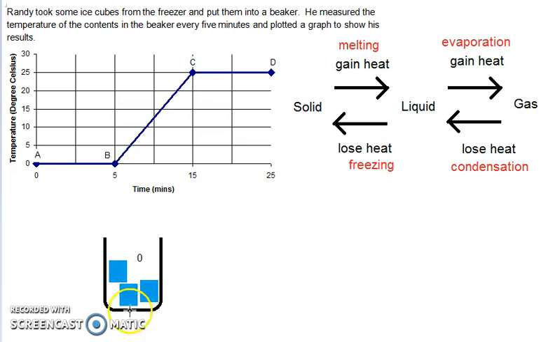Now inside there, the ice is 0 degrees, and outside the temperature is 25 degrees. So therefore there will be heat gain of the ice from the surrounding temperature. So when the ice has completely melted, which is at B, this is 100% water, there's no more solid ice, then the temperature can increase. So the temperature increases from B to C slowly from 0 all the way to 25. Once the water reaches 25 degrees, which is at C,